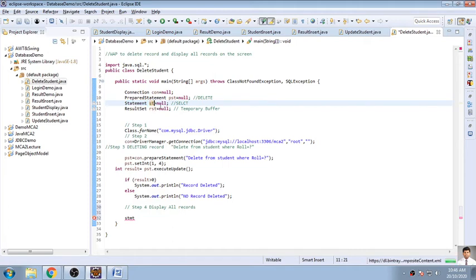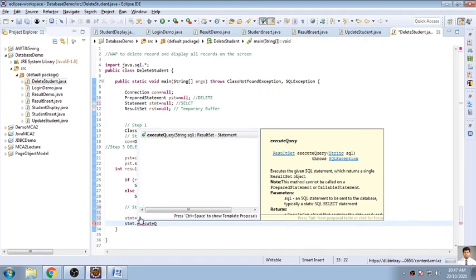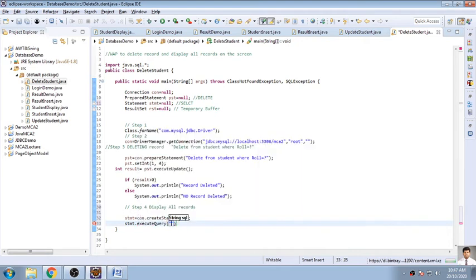So stmt is equal to con.createStatement, so I have created this object. Now stmt.executeQuery, and into this we'll use select star from student. Whenever this query is executed, it will return some value, and you need to store it into your result set: rst is equal to stmt.executeQuery, that will be stored into your result set.